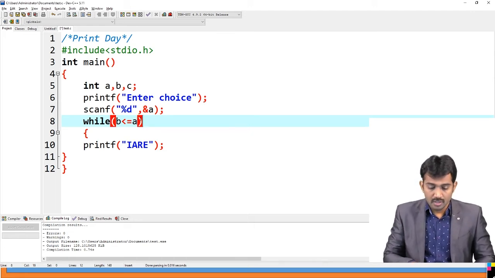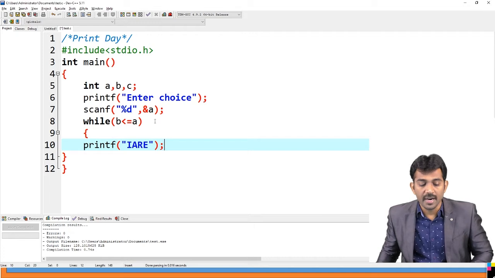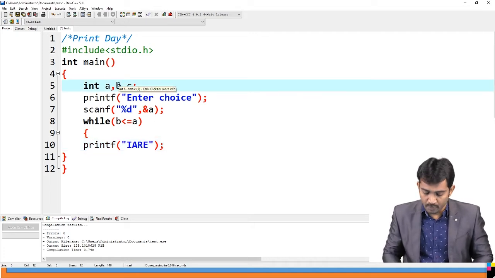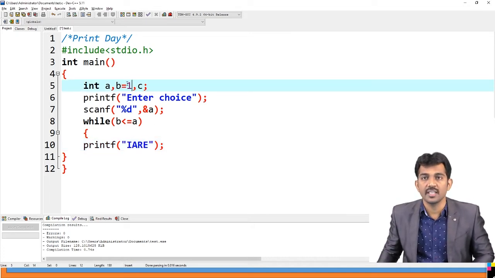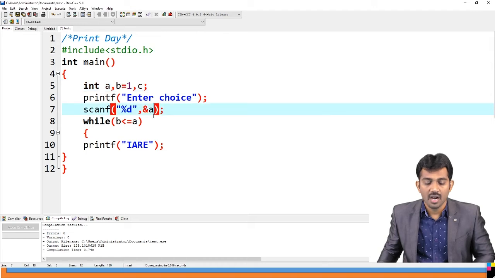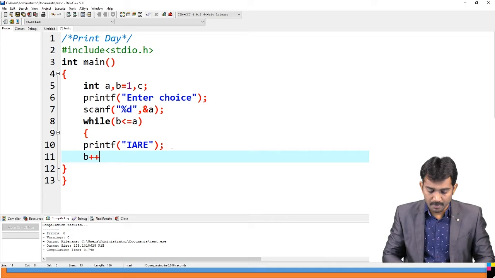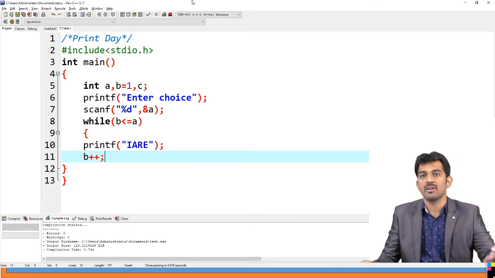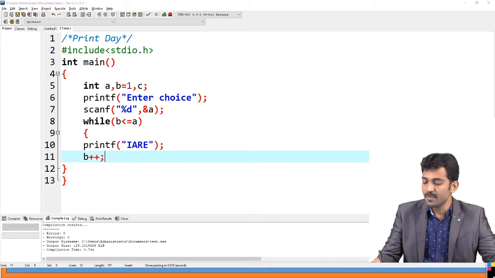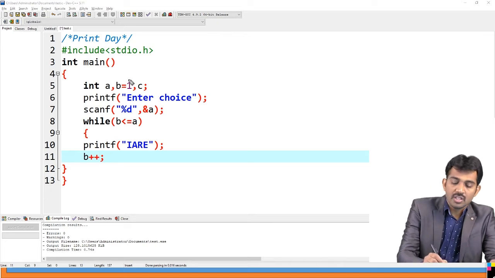So this is the statement, but you should initialize the value before, p equal to 1. You have to initialize here. Please note this. And you should increment the value, p plus plus. That's all. Now it serves the same purpose. See, this is the one change.